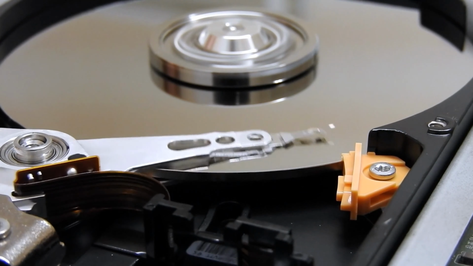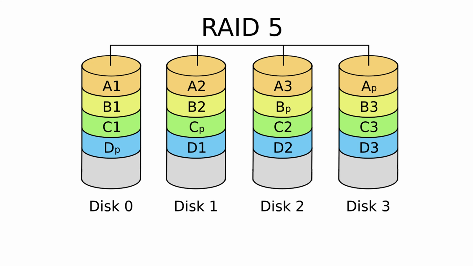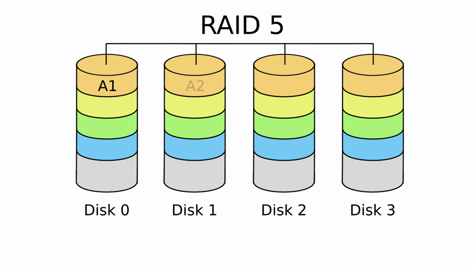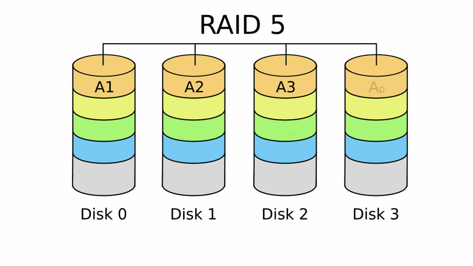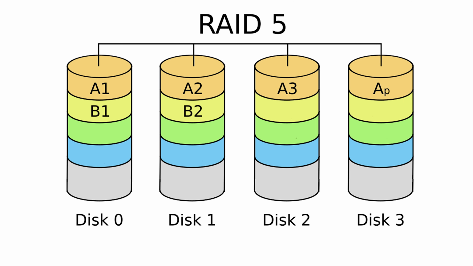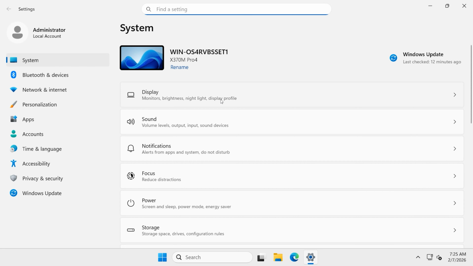RAID 5 is a popular RAID level that provides a good balance between performance, storage capacity, and fault tolerance. It requires a minimum of 3 disks and can withstand the failure of one of them without data loss thanks to distributed parity. For a general understanding of RAID technology, I will show you how to create it on Windows Server 2025. To create a RAID using Windows Storage Spaces, open Settings, System,